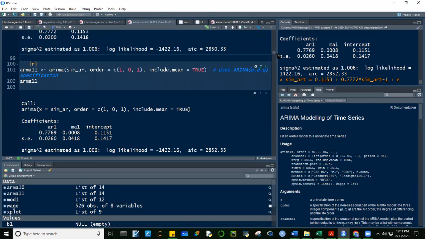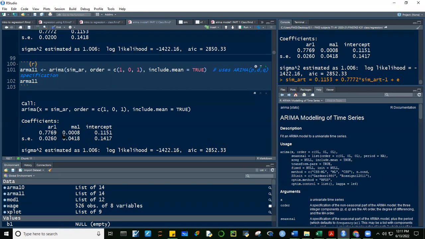So currently guys, i-base lang natin dito, before that. So if I'm going to write the model here, you'll have y sub t, or sim.AR sub t, is equal to 0.1151 plus 0.7769 sim.AR at t minus 1 plus error term at time t minus 0.008 error term at t minus 1.